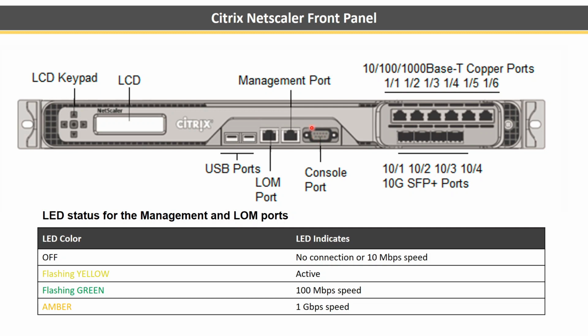That can be done only from the console port. You need to connect this console port to your laptop like a typical switch, right? You connect with PuTTY, set the baud rate and other things, and run the commands to reset. This is the only time you generally use the console, or else you don't need it, because for initial configuration also you don't need it. Initially the Netscaler is shipped with 192.168.1.100, which you connect with the management port and configure. That is when the crash happens. This is the only time I think you use the console port, right?